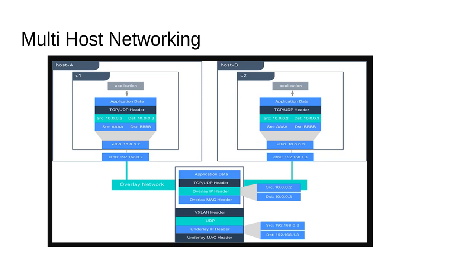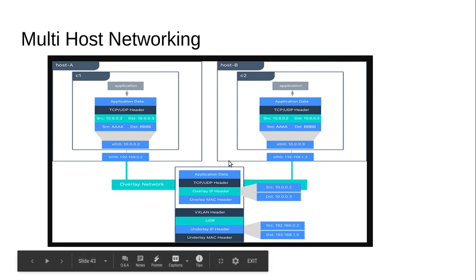Now from the host machine interface it will again add some header about the destination machine address. So 192.168.0.2 will not have an idea where this network is, but it has just the IP, so it will add one more layer which contains the destination IP as 192.168.1.3, which is the IP of host B. Then the packet will come to this overlay network. Let's say this is my router.